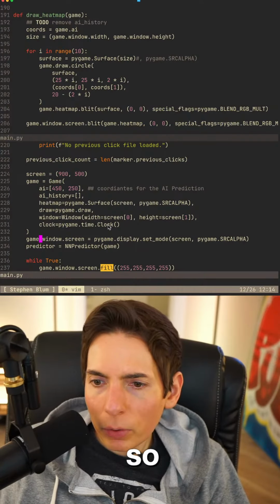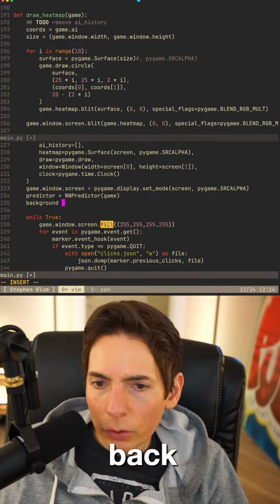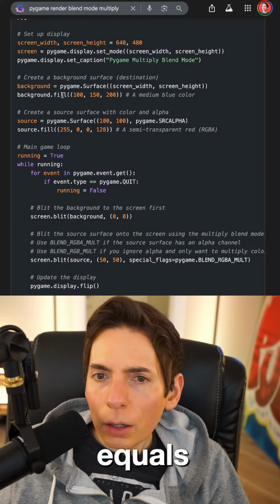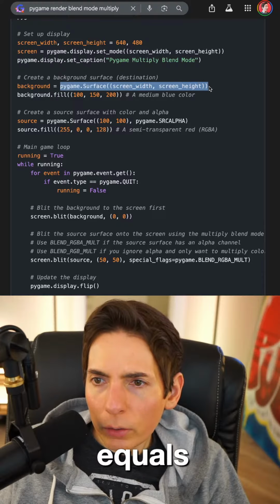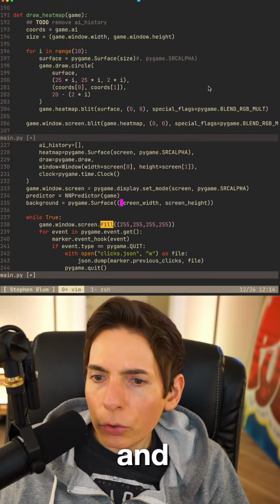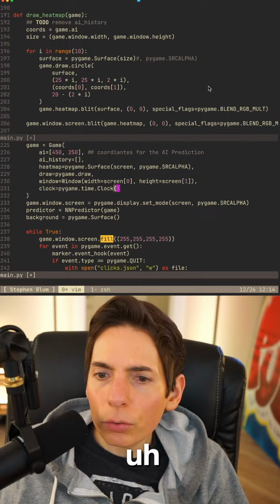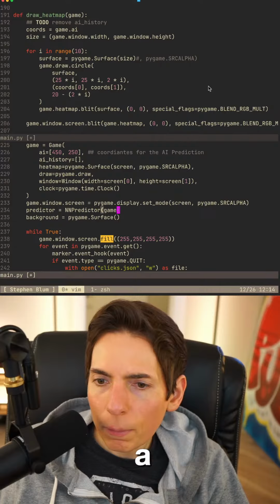Okay, so heat map, display set. So let's get a background equals regular Pygame surface. All right, so it's a regular Pygame surface. And our screen size is already defined. Where's that at here? It is defined right here as a screen.